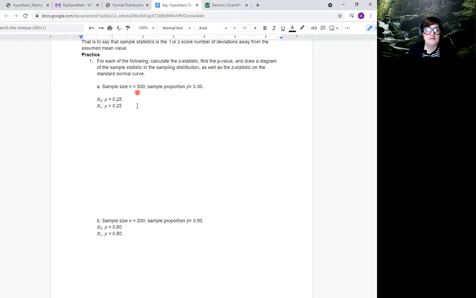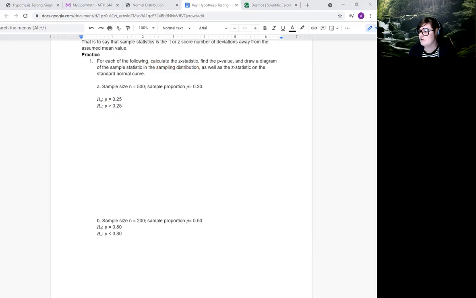So let me close this out. If we look at this, I have a sample of size n equals 500. Our sample proportion is 0.3. And then our null hypothesis was that P equaled 0.5, and our alternative was that P was greater than 0.5. So let's go ahead and remember, when I am calculating, the first thing we're going to do is calculate